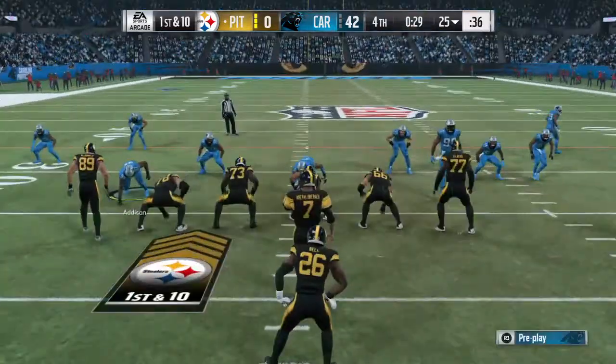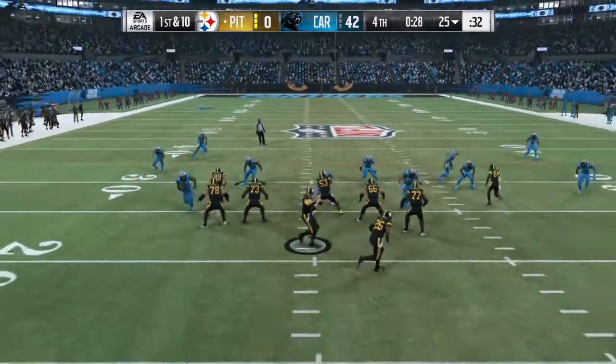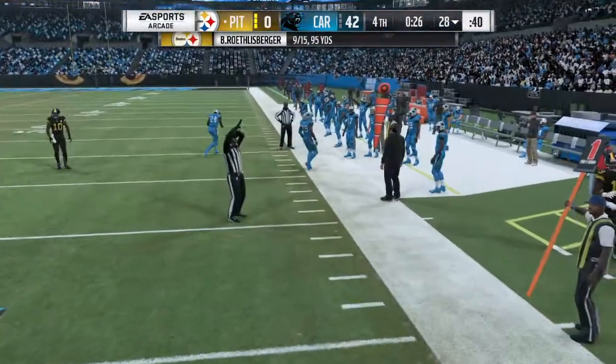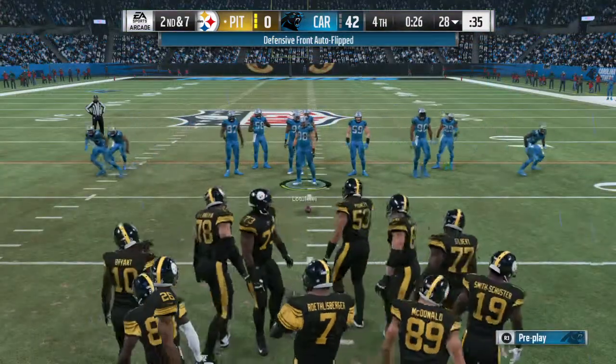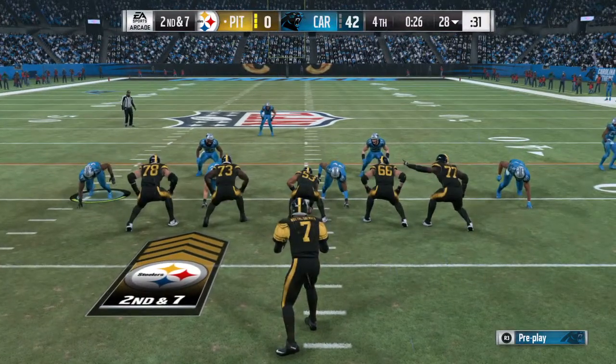They are down big. They have not scored a single point. I don't know, are they so defeated at this point you just want to get in the locker room and get the heck out of here? That is one way to approach it. Sometimes coaches say, that's it, okay? It hasn't worked all game. There's no sense in doing something now. Let's get out of here. No one gets hurt. But others will look at it and say, we still have an opportunity to do something. Pride on the line. Exactly. You have pride on the line,